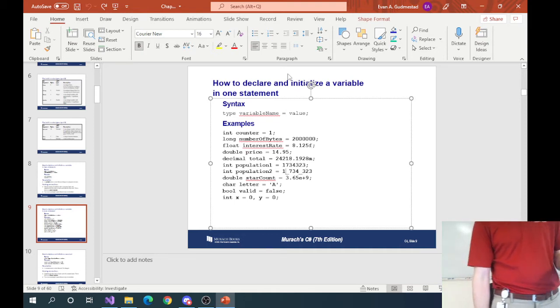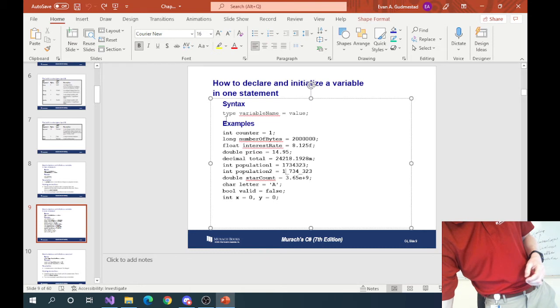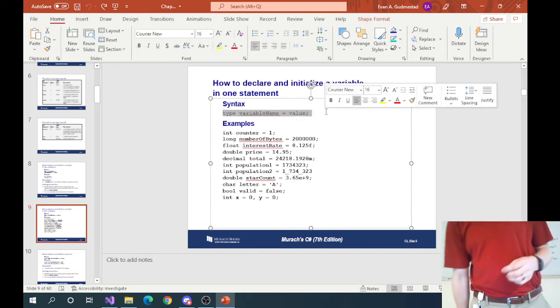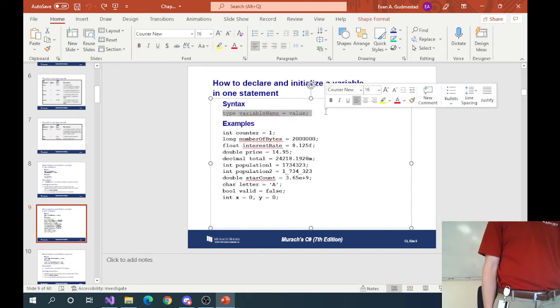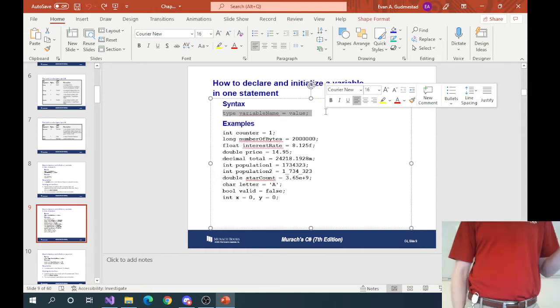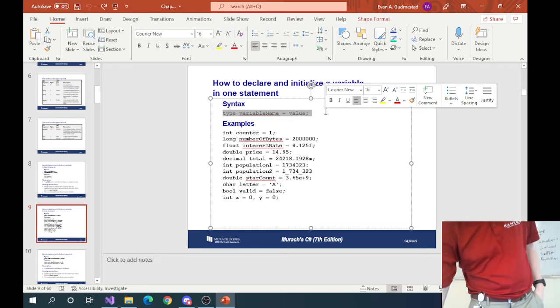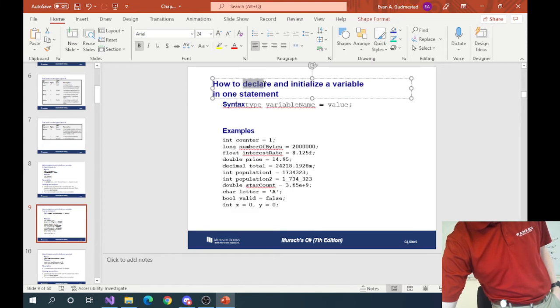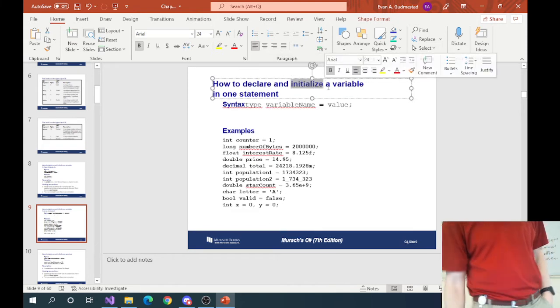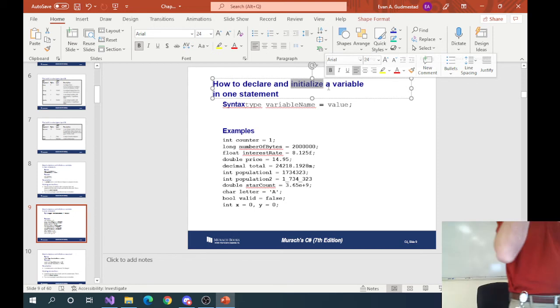Good stuff. Again, even just looking at the syntax of a variable, you start with the data type first, then the identifier, and then the assignment operator, which is the equal sign, and then the value that you're going to put into it. So this is known as declaration and initialization. Declaration is giving it a name and a data type. Initialization is giving it a value for the first time. So you initialize your variables.